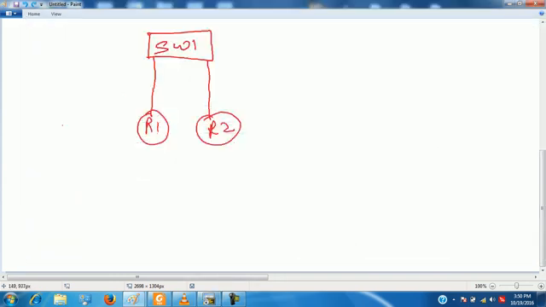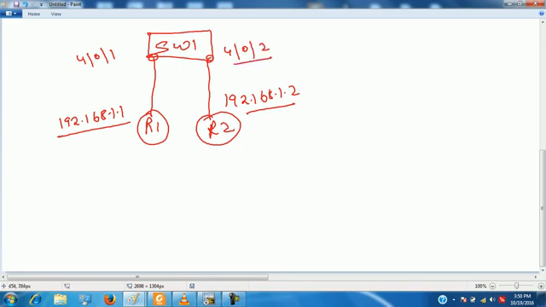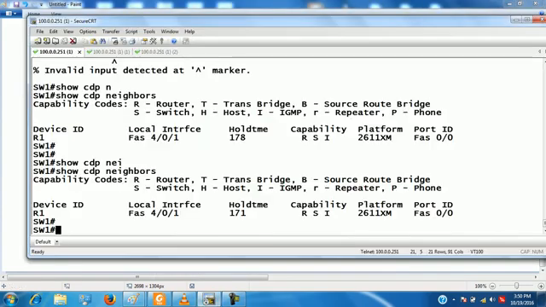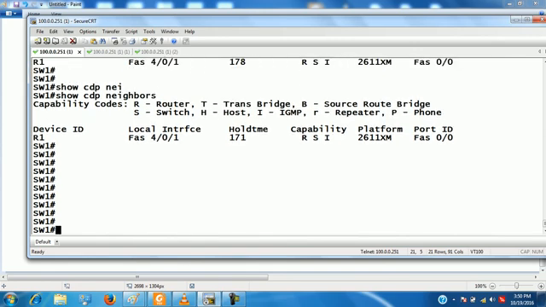IP address of R1 is this, IP address of R2 is this. This is the port number. Done. Clear?